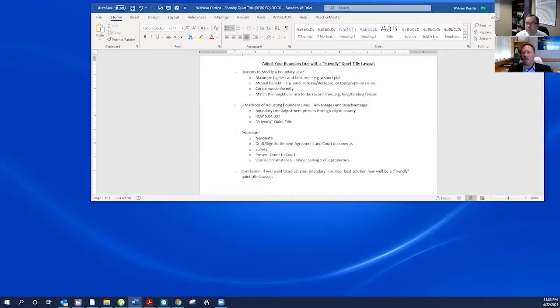But that's where the dispute comes from. And then you settle that dispute however you want, adjusting that boundary line however you want, because it's nobody's business but you and your neighbor how you're going to resolve that dispute, regardless of how big or small the encroachment is.